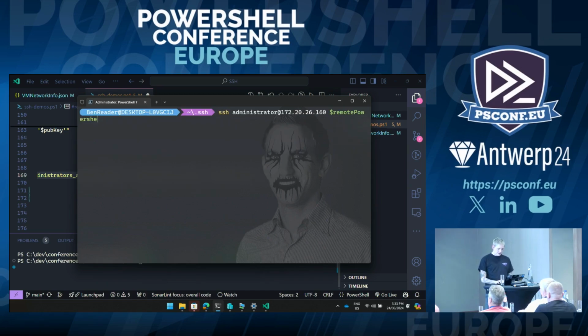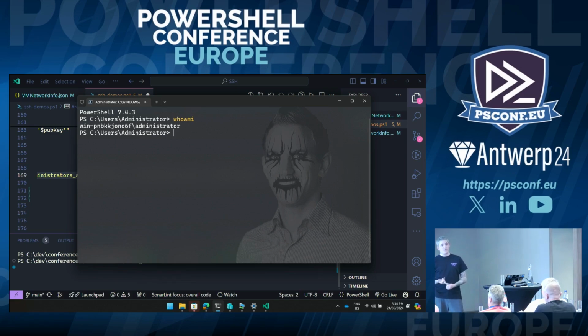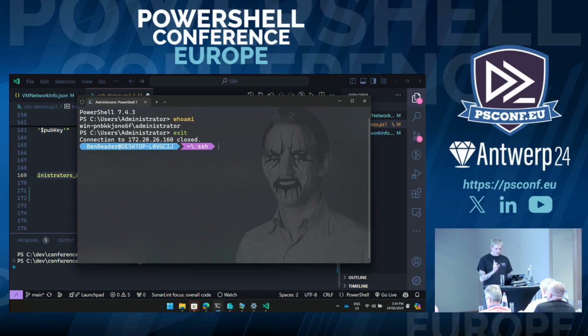Let's go and try to connect to that machine now. I'm straight in. So I'm now the administrator of this machine. I did not have to put in a password. This will not work on any other machine at all. And one of the really important things here is that the private key itself is really, really important that you don't let other people get access to, because if you have access to the public and private keys, then you can just put that on any machine and be that person, and you can do naughty things.